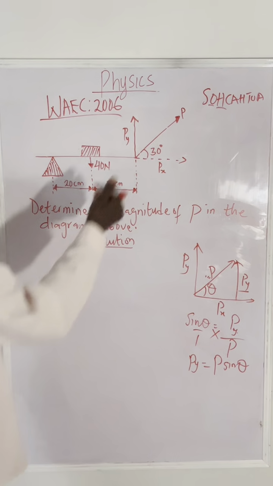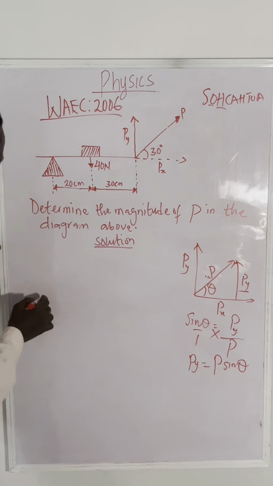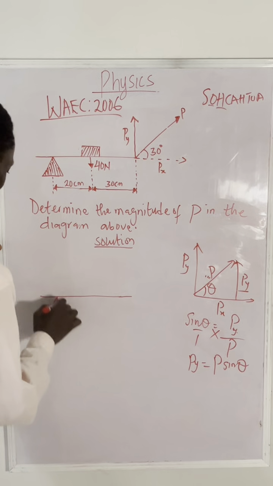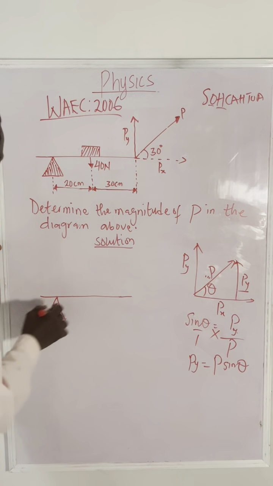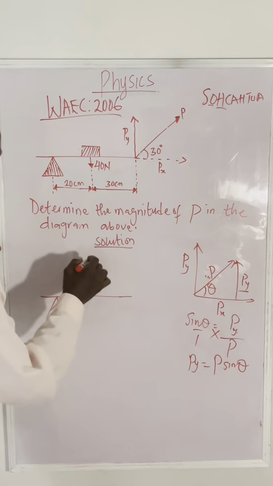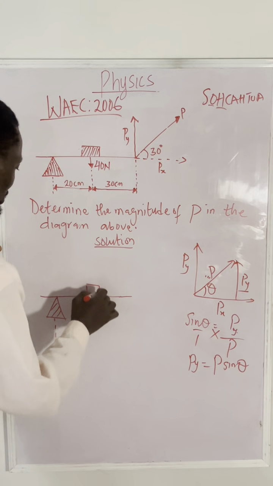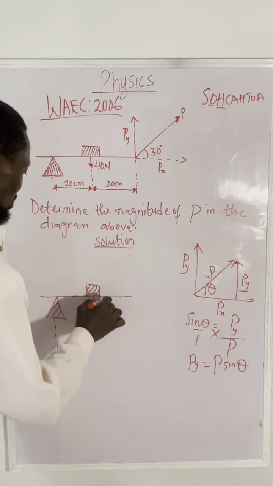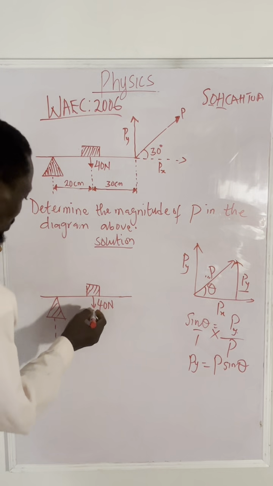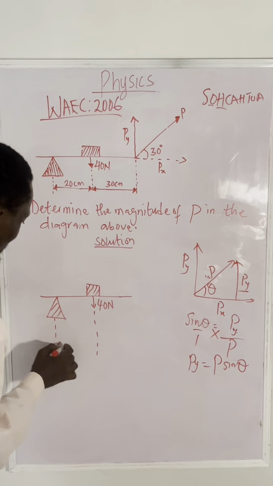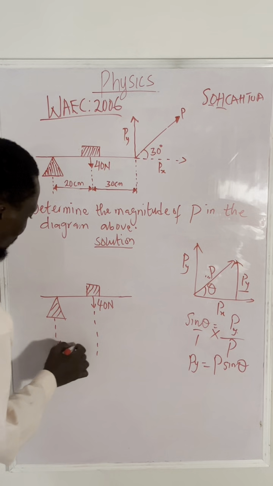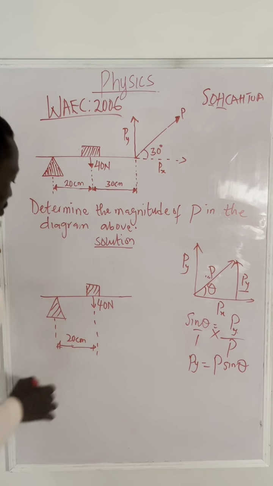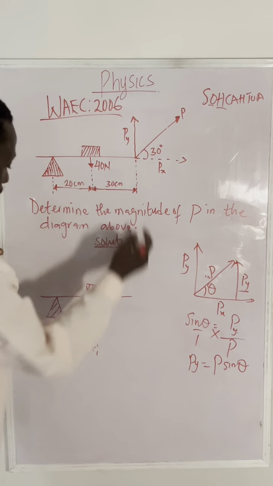So now let me try to redraw the diagram here like this. So we have this diagram like this. Here, we have a body here like this. And the weight of the body is 40 Newton, right? So from here, the distance is 20 centimeter, right? And from this point,